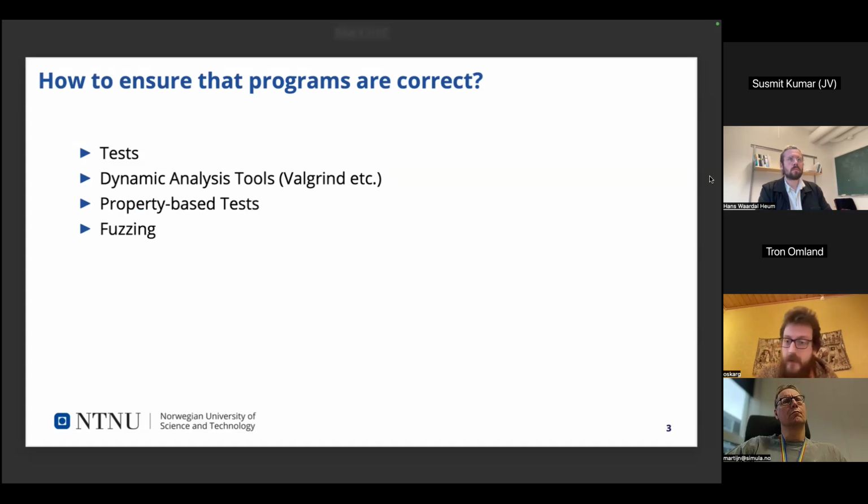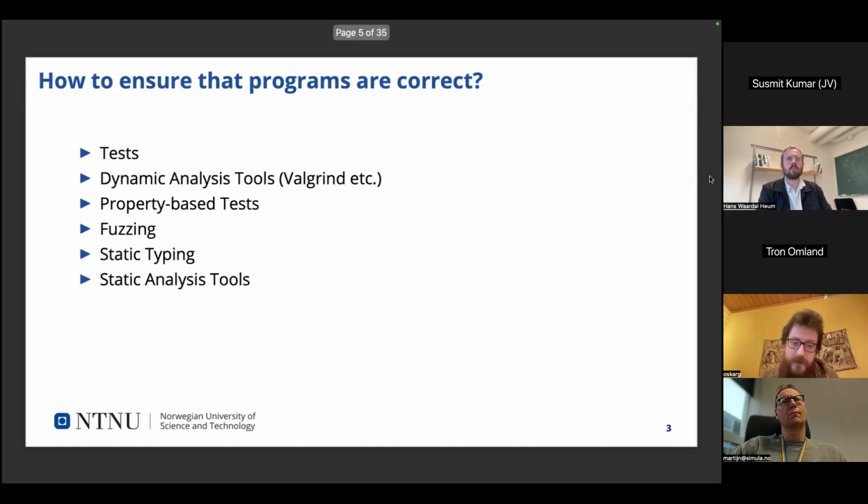So then you have property-based testing and fuzzing, which expand upon this by running a lot of different traces, or testing with random inputs and so on. But for cryptography, this isn't good enough either, because if there's one input which behaves badly, then the adversary might be able to find this. So we have even stricter tools. And there's a gray zone here.